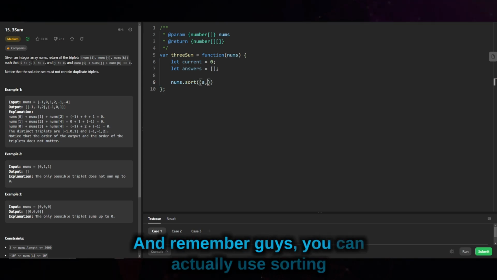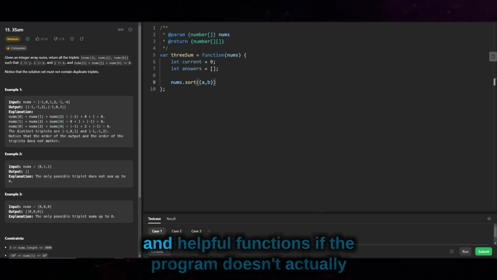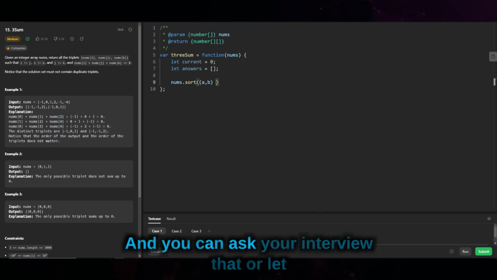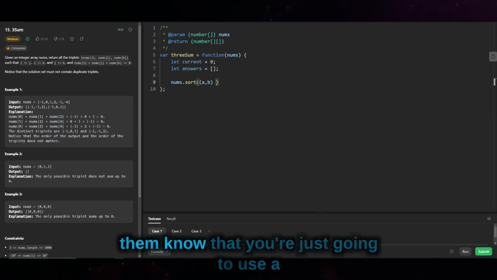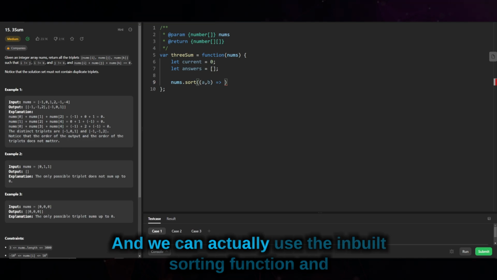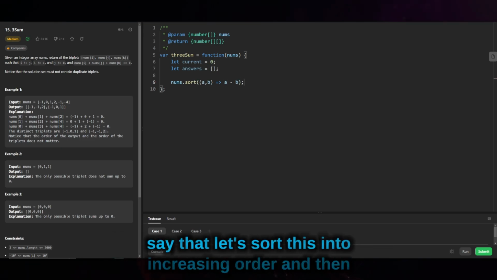And remember guys, you can actually use sorting and helper functions if the program doesn't require you to implement the sort, and you can ask your interviewer that, or let them know that you're just going to use a sorting function and focus on the problem at hand. So we can use the inbuilt sorting function to sort this into increasing order, and then